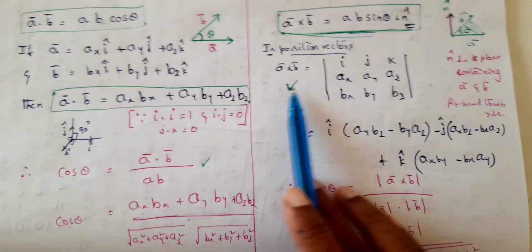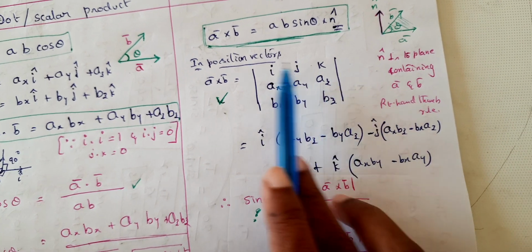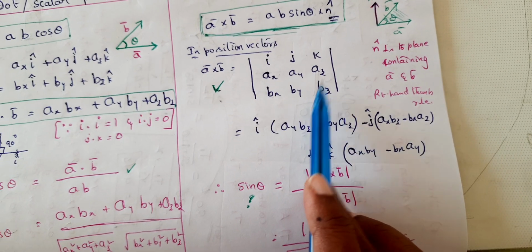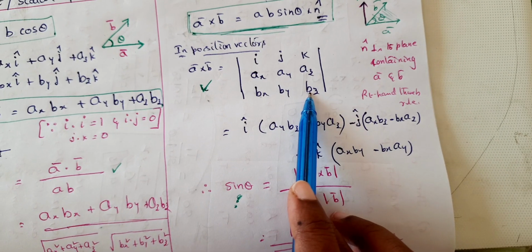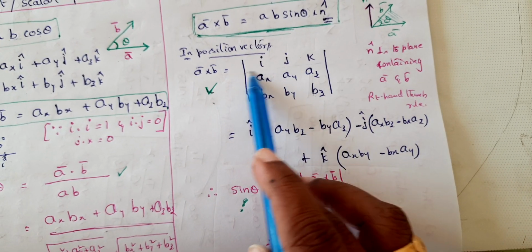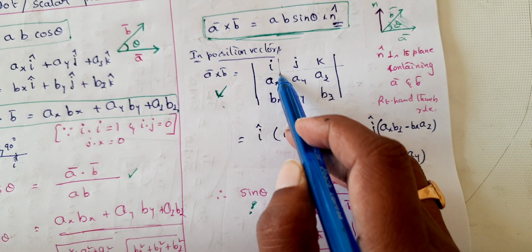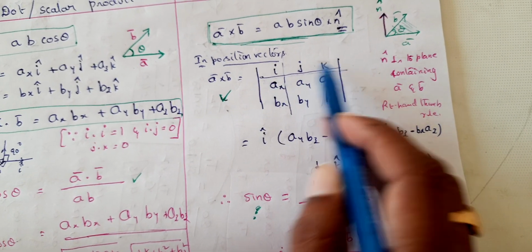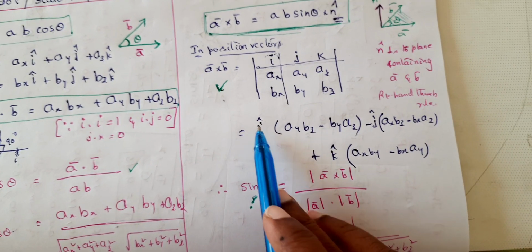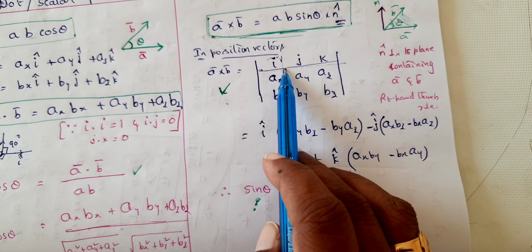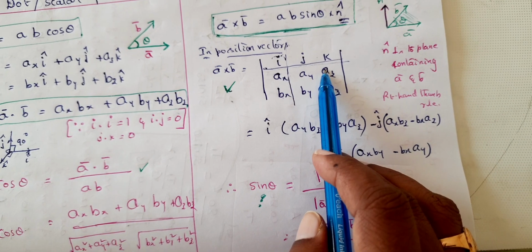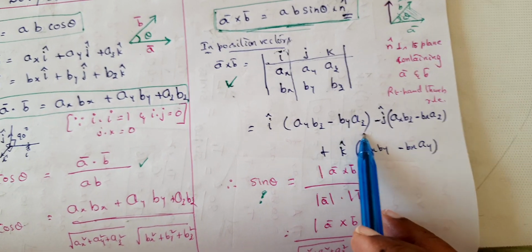Okay, and now the cross product is defined like this: determinant of i, j, k, ax, ay, az, bx, by, bz. Right, how to understand this determinant form? See, if you are taking this one first, that means you are going to write the coefficient of i of the resulting vector. So first take i cap. Now open the brackets. Now this one, so that is ay bz minus by az.